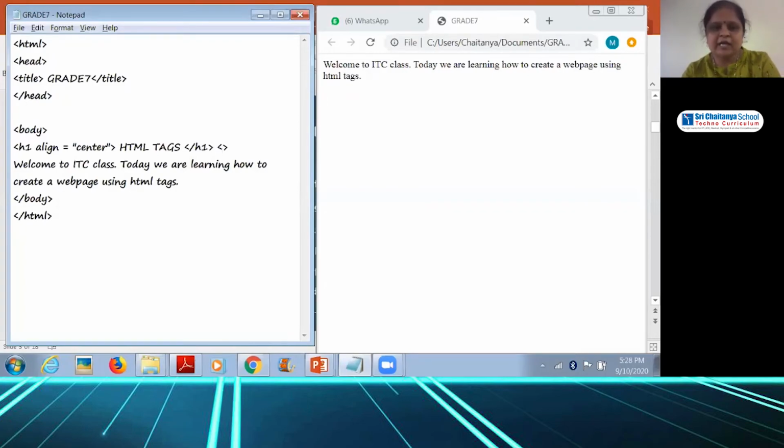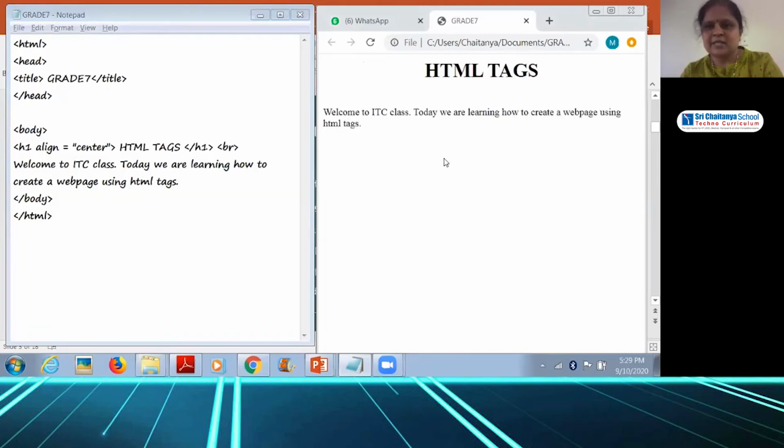So after the heading in the same line, we cannot continue with the welcome to ITC class because that is the content of a web page. Here the heading is the heading of the information whatever I am displaying, right? So I will write BR, that is break, to tell that it has to come to the next line. Now I'm saving this page and going to the web browser, pressing F5.